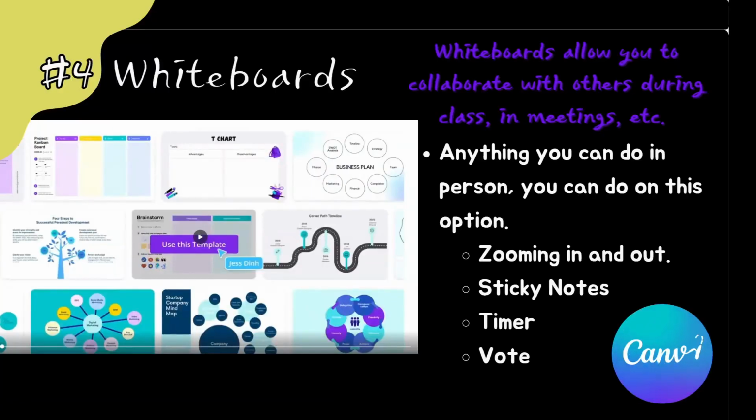Number 4 on our list of new things in Canva are the use of whiteboards. And you might say, well, I already have whiteboards in different things, your learning management system, all kinds of things you can use a whiteboard for. But in Canva, just like in all of the other things that it has, the ability to use templates. And there are quite a few templates that you can pull over and share with those that are in your team. You can use them to collaborate with your class.